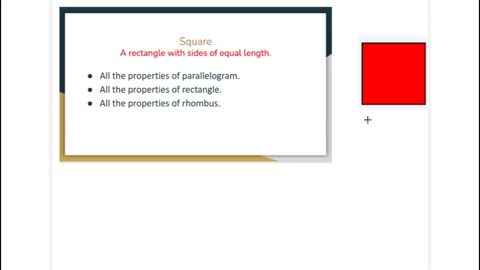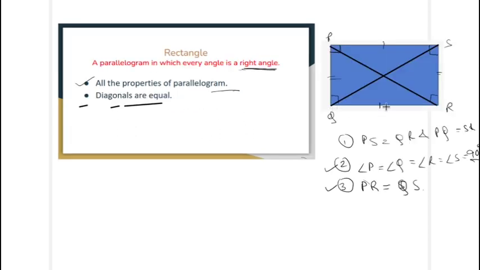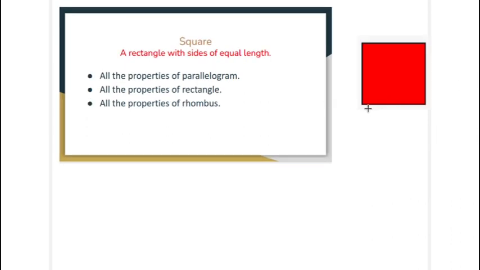A rectangle where all the sides are of equal measure. What was a rectangle? In a rectangle only opposite sides are equal, but this is a special case of a rectangle, and here all the sides are of equal measure. So it will hold all the properties of a parallelogram, and as I said it is a special rectangle, so it will hold the properties of a rectangle as well, and it will hold the properties of a rhombus as well. Now if you name it A, B, C, D,